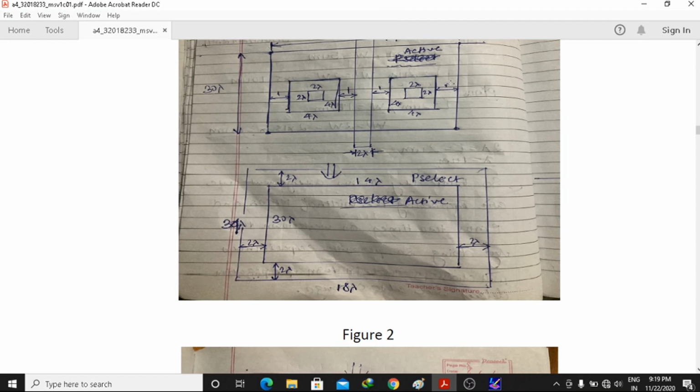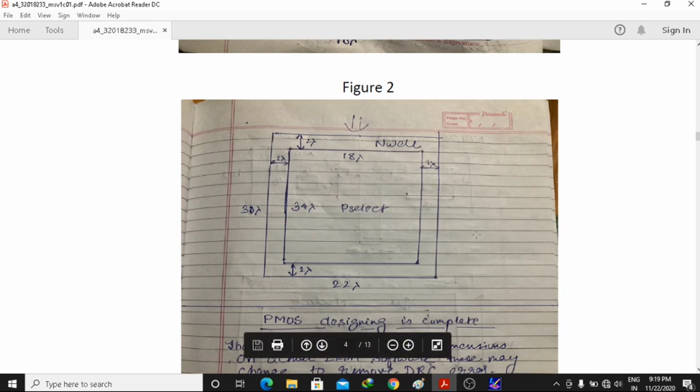And how I achieve this type of design is that once I place NOL, after that I will place P select. After placing this, I will immediately run the DRC check. If there is any sort of error, it will immediately be reflected in this step itself, rather than drawing the whole layout, the whole PMOS transistor completely, and then going to check the DRC errors. That would be very tedious, and that's why I think most of you are facing difficulties, right? So in order to avoid such things, I go step by step.